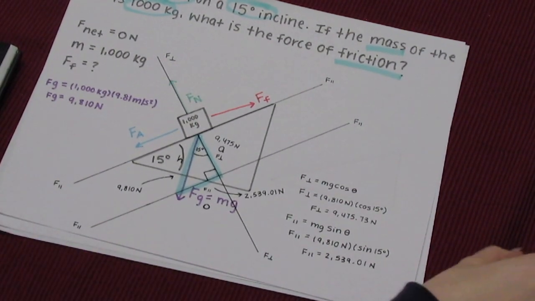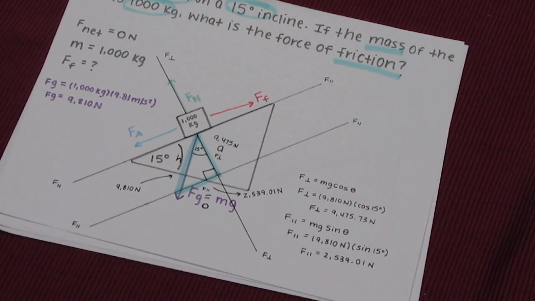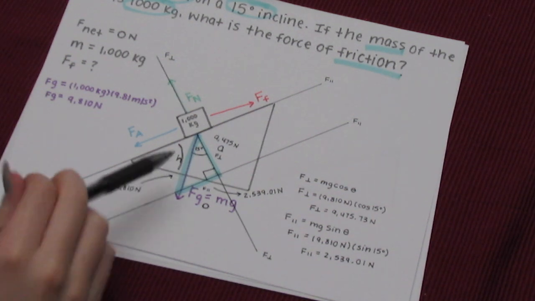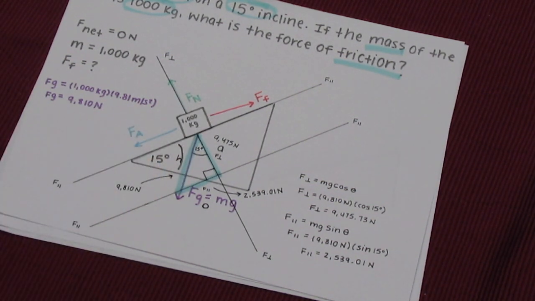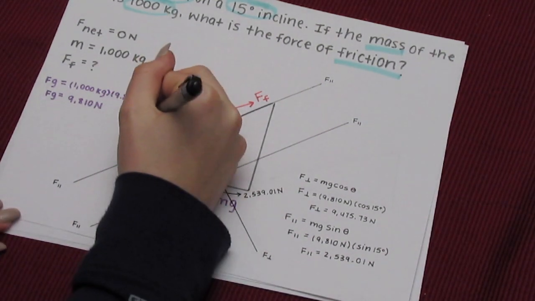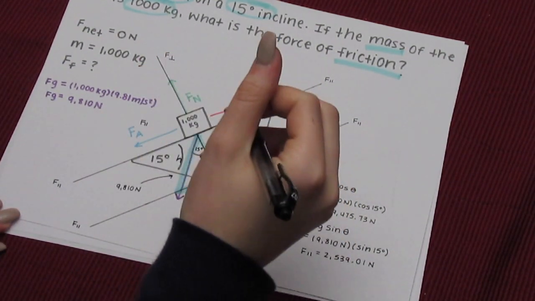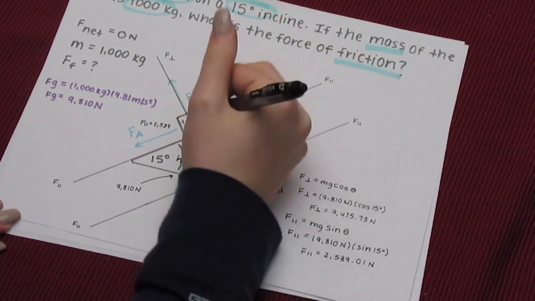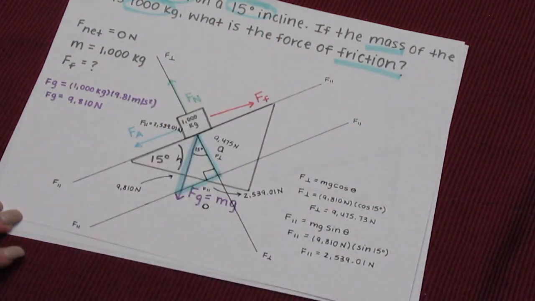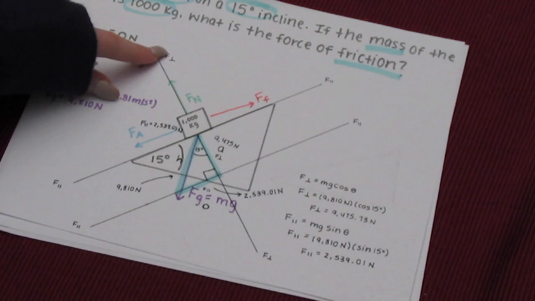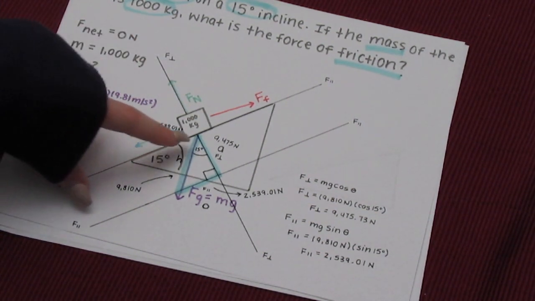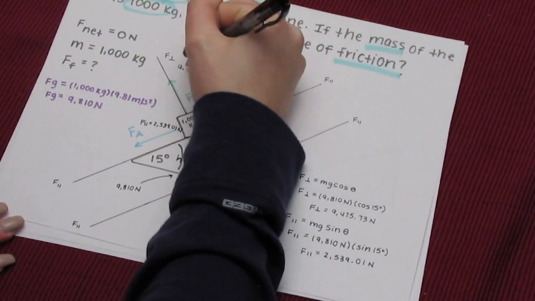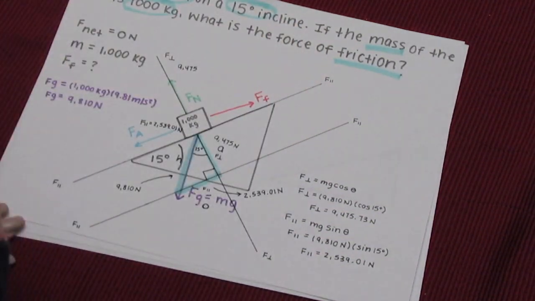So your force applied, or your force of acceleration over here, becomes your force parallel because it is what's pulling on the object opposite of the force of friction. So this becomes your force parallel over here. So that's 2,539.01 newtons. And then your normal force is equal to the perpendicular force. So our force perpendicular, we said, was 9,475.73